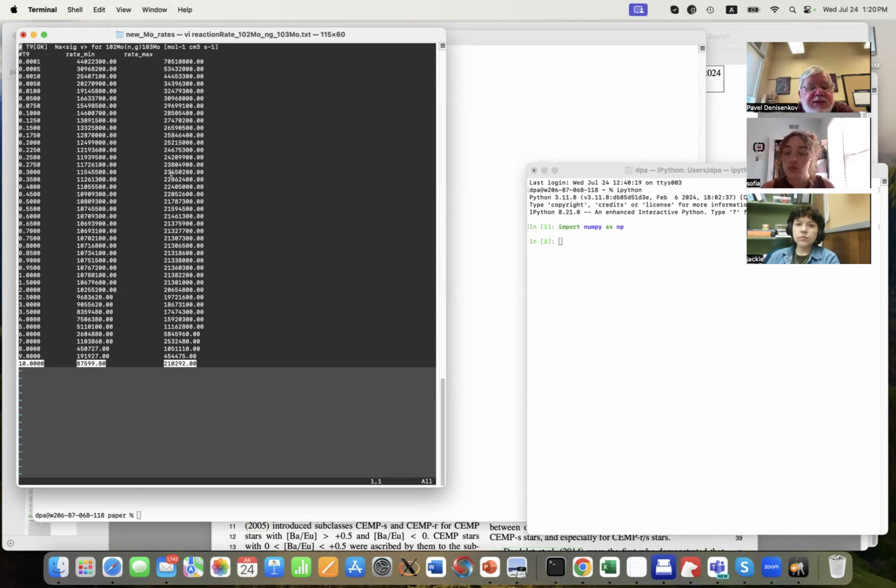So these rates, of course, differ from the NuGrid default rates that our computation codes use. As I mentioned, the NuGrid default rates for neutron capture reactions, at least, are all taken from JINA ReaclIb, okay?